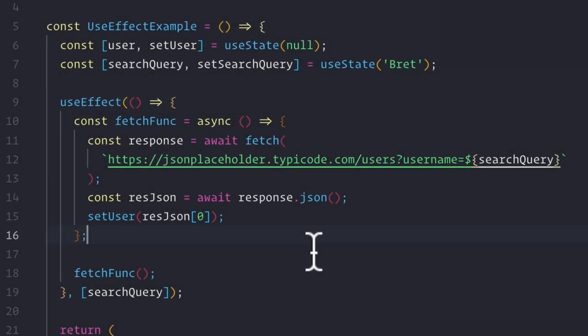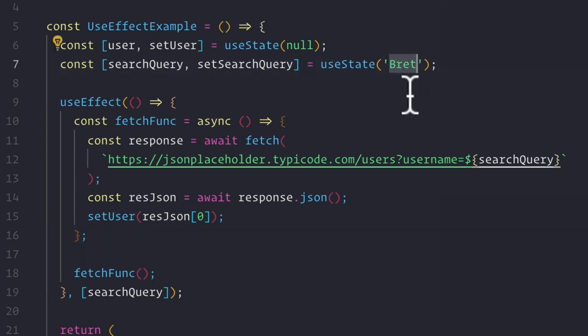Welcome back, everyone. Now, before we start converting our Crown Clothing application over to using hooks, there's just one quick thing I want to mention. And this actually has to do with the rules of writing these hooks. Now, as you remember from our useEffect example in the last lesson, we did set a default search query